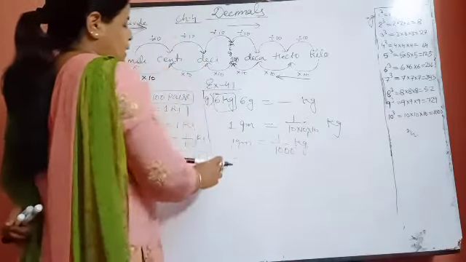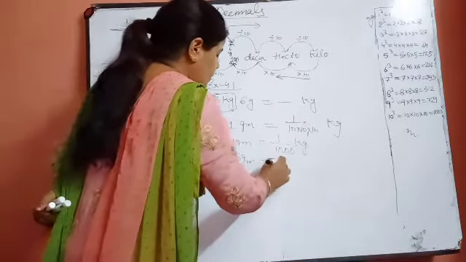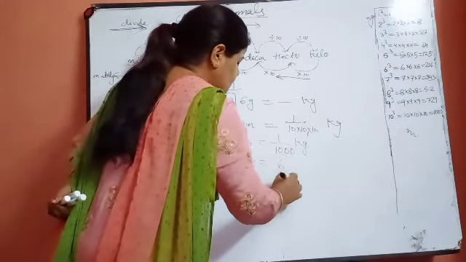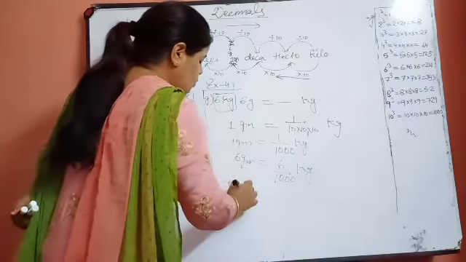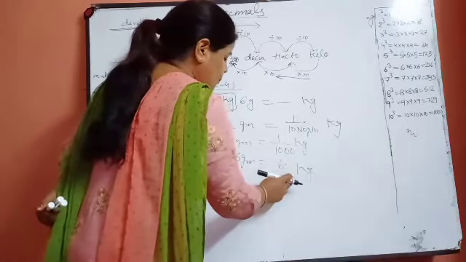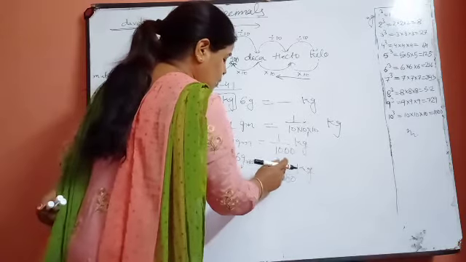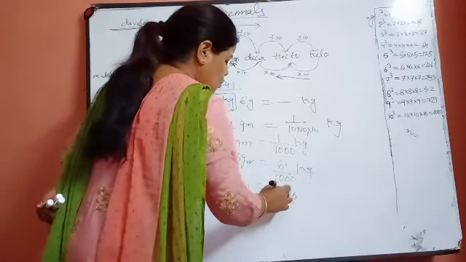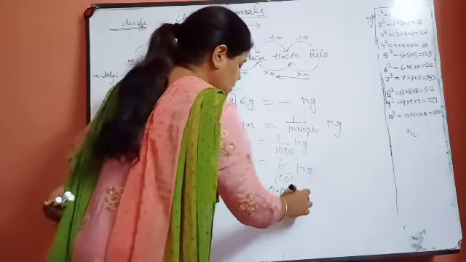How many gram do you have to change? 6 gram is equal to, what will it become now? 6 upon 1000 kilogram. Okay, so 6 gram is equal to, now convert it into decimal. The decimal is here. How many places will it shift? 1, 2, 3. You have one place 6, then 2 and then 3. So it will be here, 0.006 kilogram.